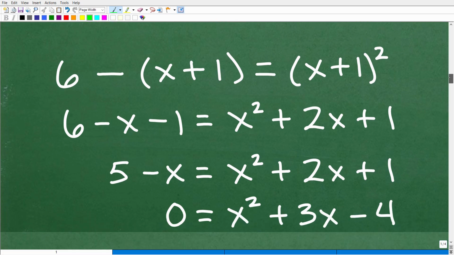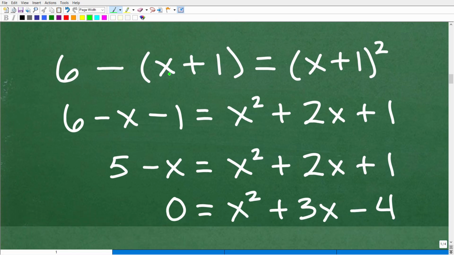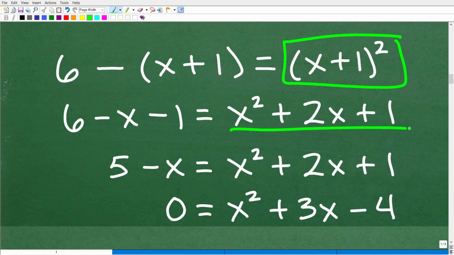All right, so here is 6 minus (x + 1) is equal to (x + 1) squared. Let's start over here. (x + 1) squared is (x + 1) times (x + 1). If you're up to speed on your binomial multiplication, polynomial multiplication, or FOIL method, this is equal to x squared plus 2x plus 1. Now, if you don't know how I went from here to here, well, you're definitely in dire need of review